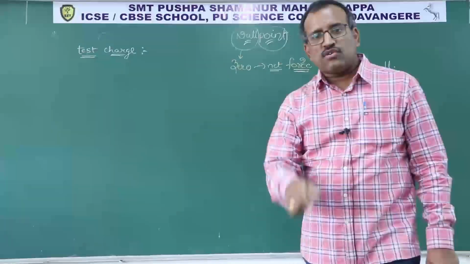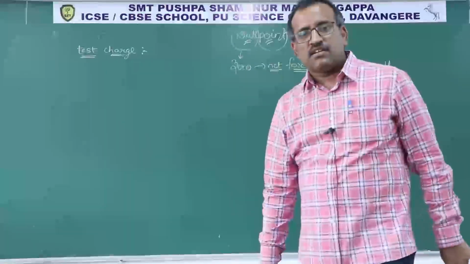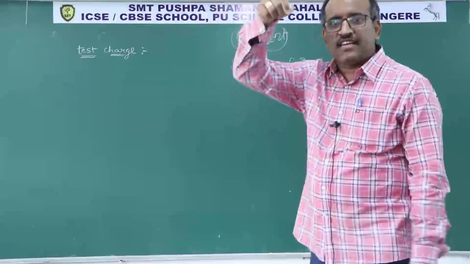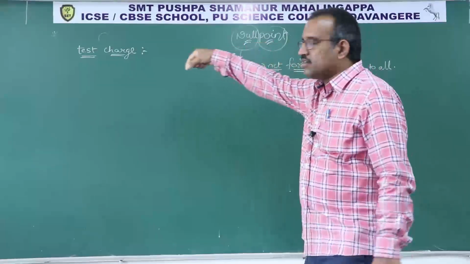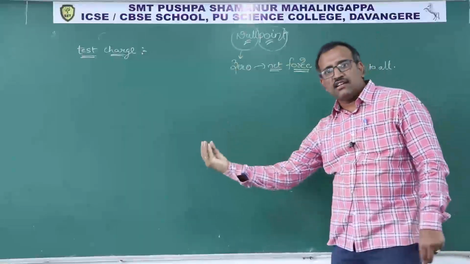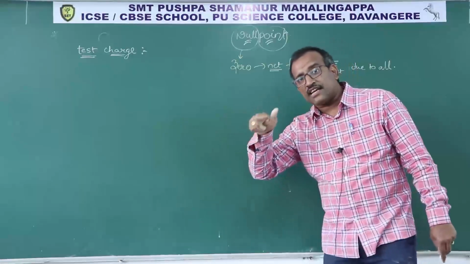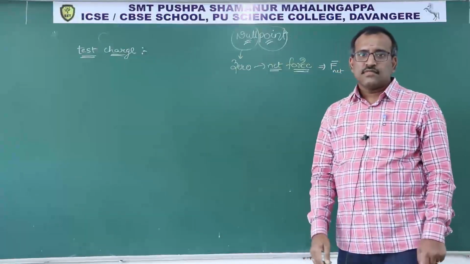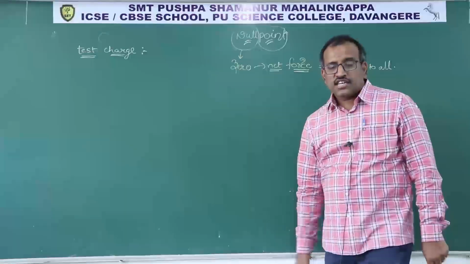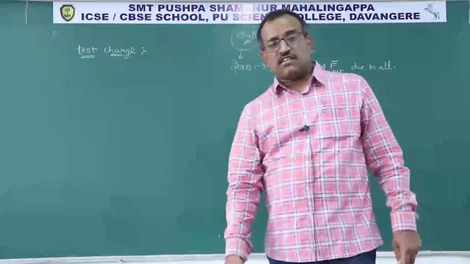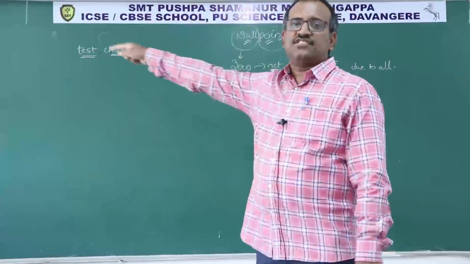Now I am asking you to find the magnet where it is in the board. Then the clever student will bring one thread and one needle and they will move across the table, across the board. Then obviously that needle will attract wherever the magnet is there. Hence you can say, sir, here is the magnet. Yes, of course. In the same way, for testing you brought the pin. For testing, I am bringing the charge.